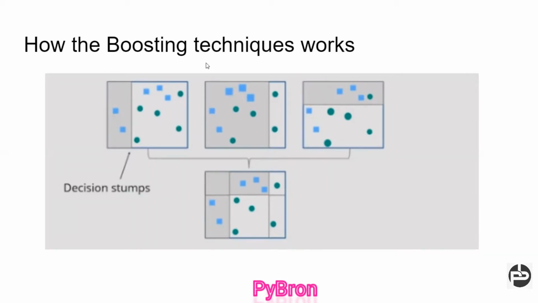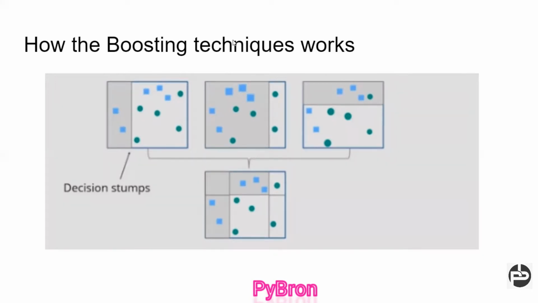Let's first understand bagging. We have multiple base learners, and the base learners give their output based on their efficiency. Based on their outputs, we do some voting, and whichever output has the most votes, that we select. That is the bagging technique. But in the case of boosting, how does it work? Just try to understand.